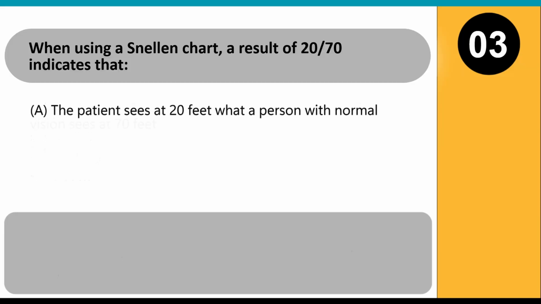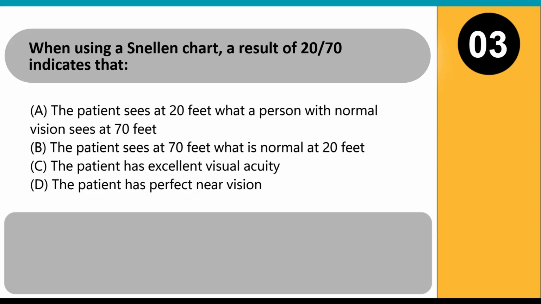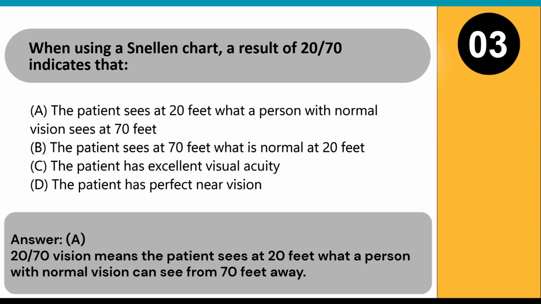When using a Snellen chart, a result of 20/70 indicates that A. The patient sees at 20 feet what a person with normal vision sees at 70 feet. B. The patient sees at 70 feet what is normal at 20 feet. C. The patient has excellent visual acuity. D. The patient has perfect near vision. Answer: A. 20/70 vision means the patient sees at 20 feet what a person with normal vision can see from